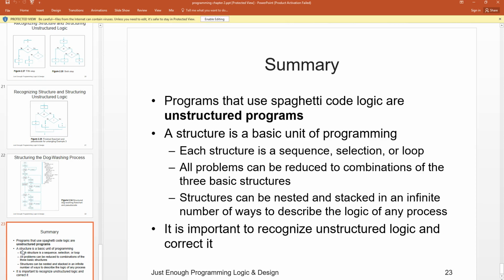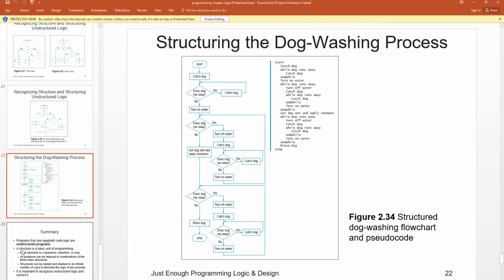Being able to look at that structure and work your way through that flowchart, work your way through that pseudocode to make sure that it logically works. So, for example, this dog washing one, I would go through and pretend you're the dog. Make sure that logic works, and make sure you can take this flowchart and translate it into the pseudocode, vice versa, and understand why that works. So this chapter is a little interesting in that we're trying to get you to introduce new ways of thinking. So one of the things I want to introduce you to,